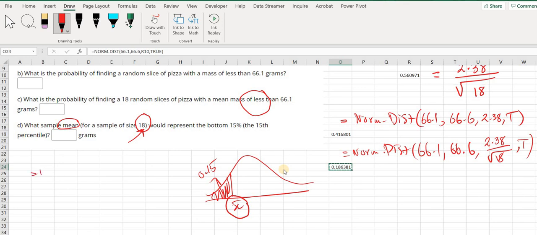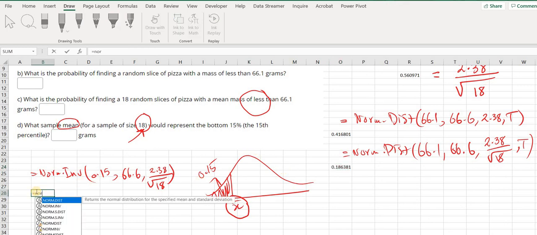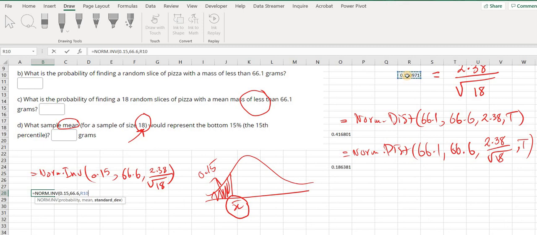So this is going to be NORM.INV of 0.15, comma, 66.6, comma, the new standard deviation, and that's it. So the new standard deviation is used here. NORM.INV of 0.15, comma, 66.6, comma, the new standard deviation. I computed it right here, so I just clicked